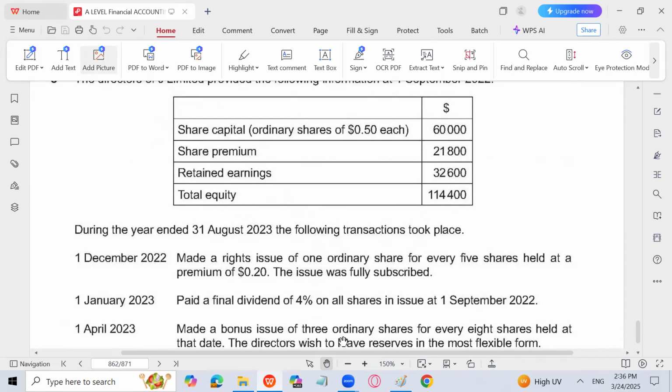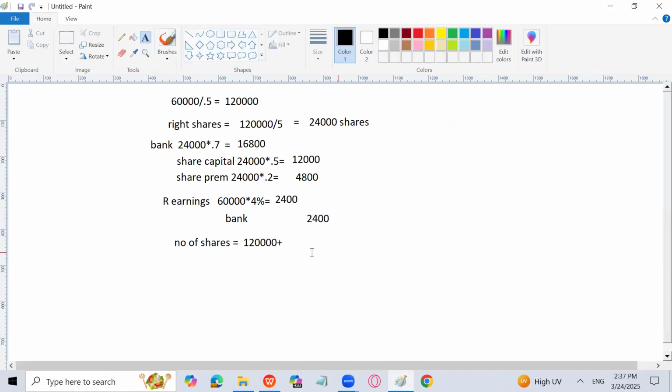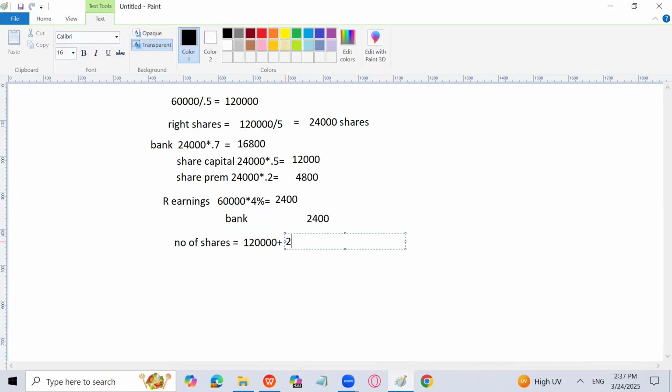Make a bonus issue of 3 ordinary shares for every 8 shares held at that date on 1st April. Directors want to leave reserves in the most flexible form. So let's see. Bonus share 3 ordinary shares for every 8 shares. So let's find the number of shares first. Number of shares are 1,20,000, which were already there as original shares, and we have issued more shares as right shares, 24,000. 24,000 is the right shares, the number of shares. So the total shares are going to be